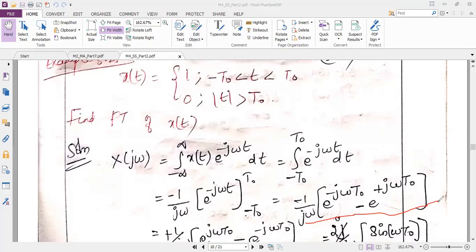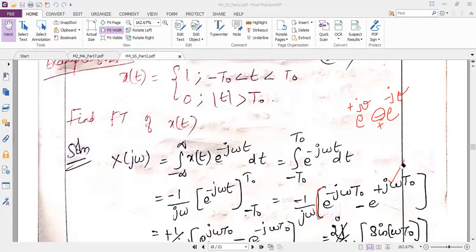Yes, ma'am. Okay. So now, if you have two e terms, you can convert them into trigonometric form, sine or cos. So always my formula should have e power plus j theta first, followed by minus e power minus j theta. This can be minus or plus. But here, my first term does not have a plus sign. But I have an option of making the first term plus. So how can we do that?